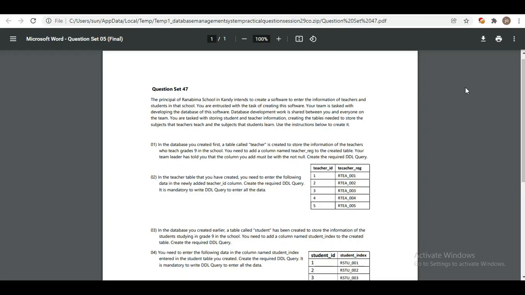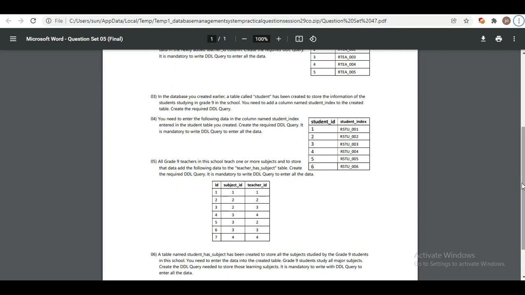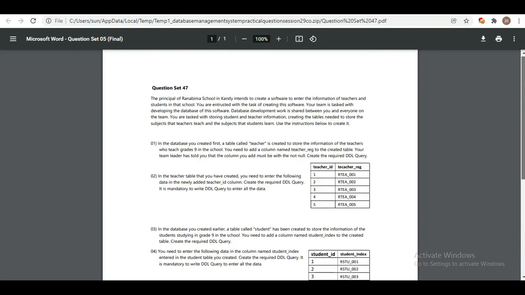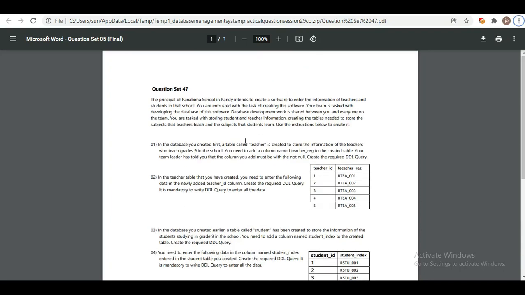In this video I'll be discussing question set number 47, and to answer this question set I'll be using the same database that I created in question set number 44. In this question set I've been given 6 questions, and as a first question I've been told to add a column into the teacher table and name it teacher reg,